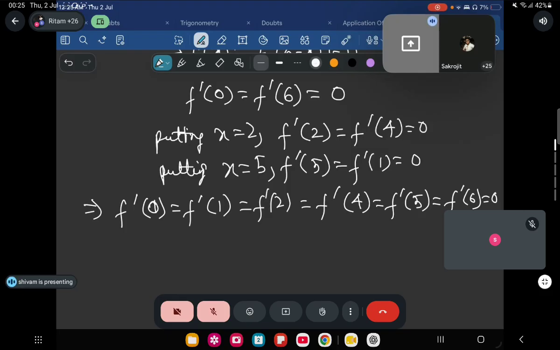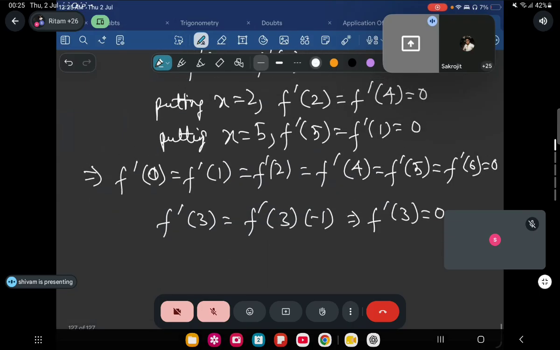One more thing, everyone. If you put x equal to 3, what are we getting? f dash at 3 is equal to f dash at 3 into minus 1. This implies f dash at 3 is also equal to 0. Right, everyone? f dash x is equal to 0 at x equal to 1, 2, 3, 4, 5, and 6. This implies f dash